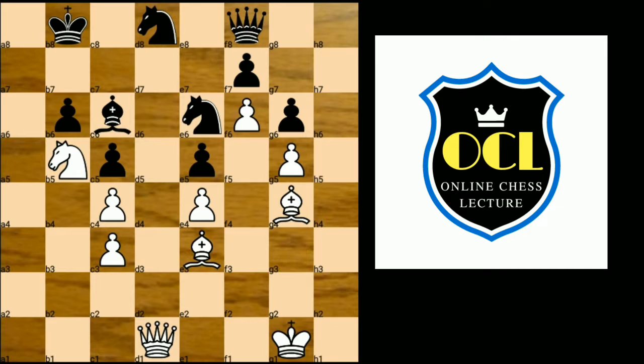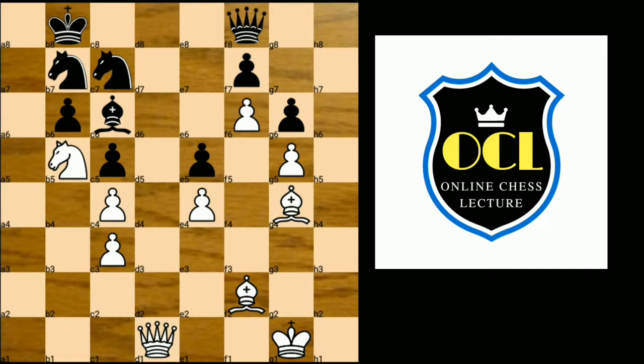Now the Carlsen idea is to bring his bishop to f2 square and g3 square and attack this weak e5 pawn. Anand played knight to c7, bishop to f2, knight b7, bishop to g3,